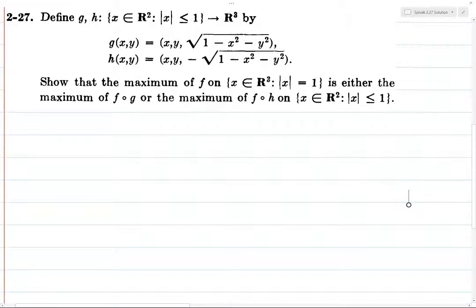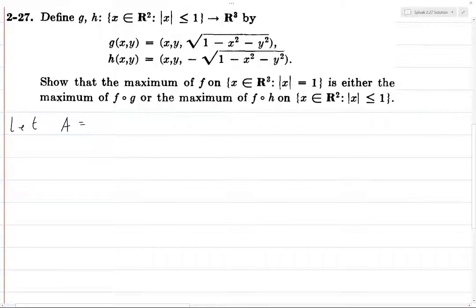Alright, so we have this problem where we're considering a function f, and we want to prove that finding the maximum on one set is the same as finding the maximum of one of these compositions on this other set. So,